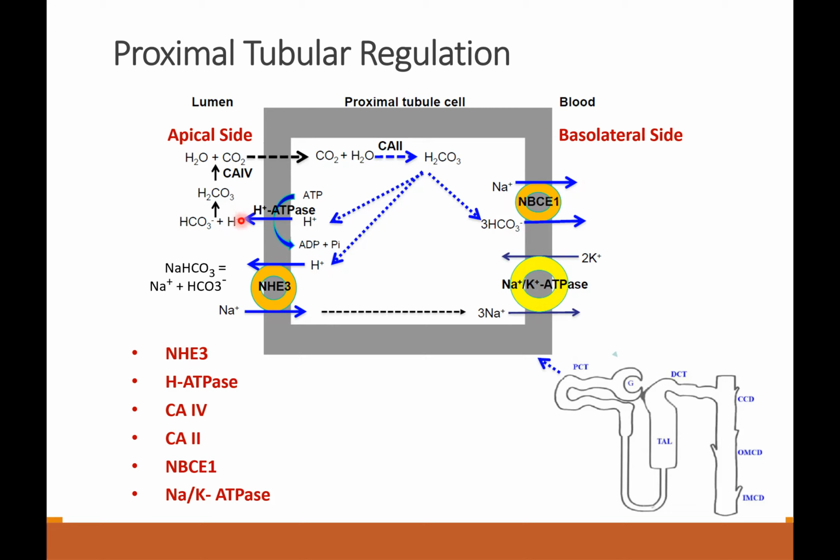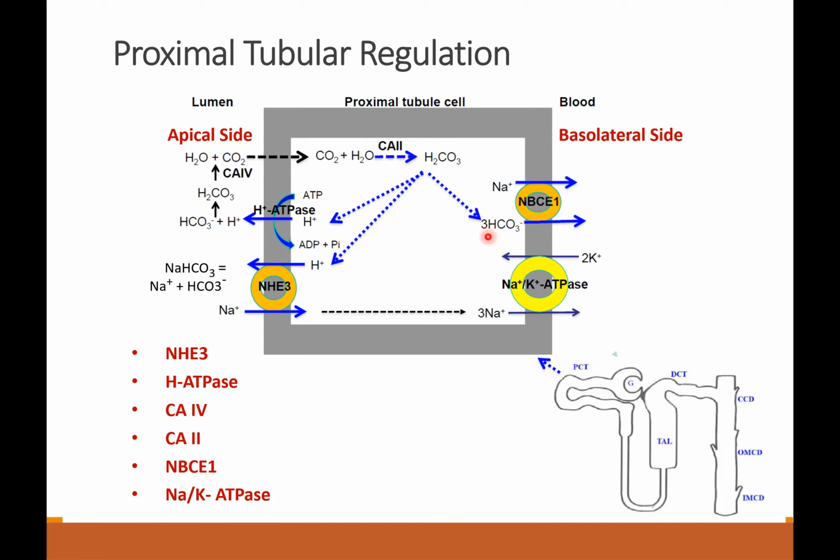Somehow the hydrogen is here and it combines with the bicarbonate that is generated from the sodium bicarbonate, and that produces carbon dioxide and water. That gets in here, and by the action of carbonic anhydrase 2, becomes carbonic acid, which immediately dissociates into hydrogen and bicarbonate. Of course, the hydrogen is useful to bring some more bicarbonate inside. Whatever bicarbonate is generated here, 3 molecules of bicarbonate along with 1 sodium can go through sodium bicarbonate exchange 1, and that is a symporter.